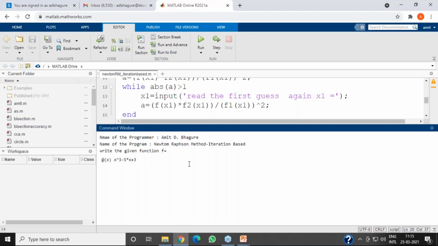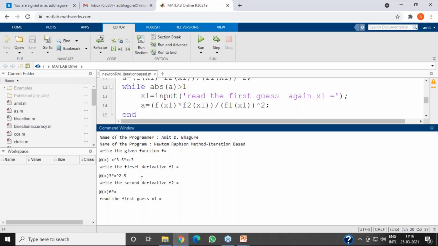Then you can enter. Then it will ask you what is the first derivative. @x again, because it contains the variable. So you can write 3 into x square minus 5. Now the second derivative, again @x. The second derivative is 6x.